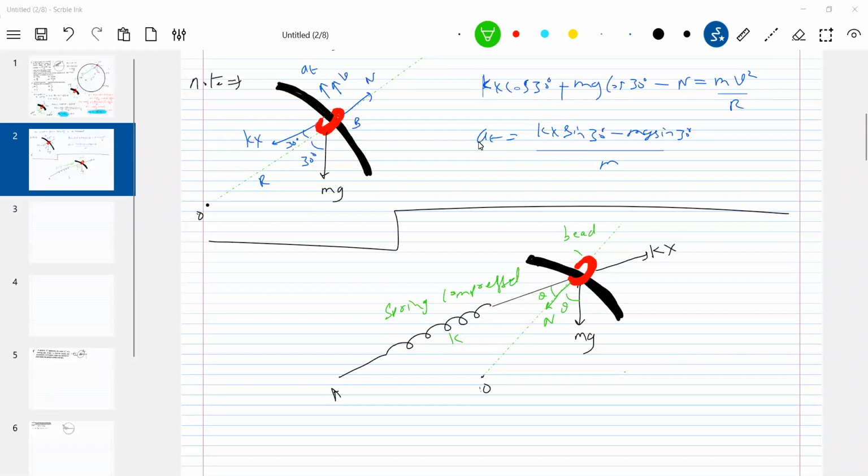Yes, sir. Okay, now this is the spring compressed. What all you have to do when the spring is compressed, along with that, you have to check it. You have to look at the bead, where it is in contact, how the forces are acting. That will determine the normal reaction. It's not like it should always be away. So look at the two diagrams in front of you. Two different situations have been brought up. So this is about the spring ring and the bead.